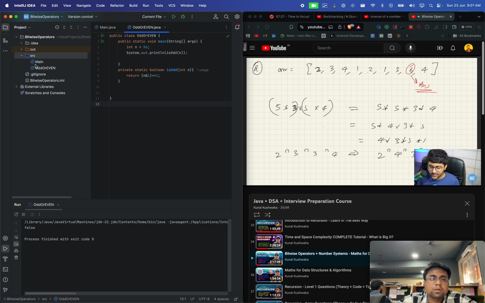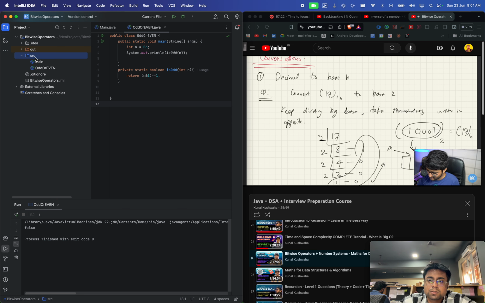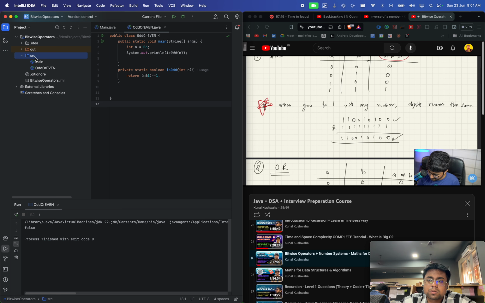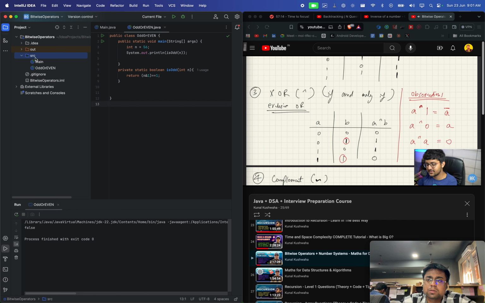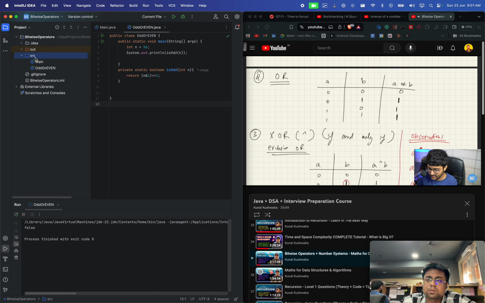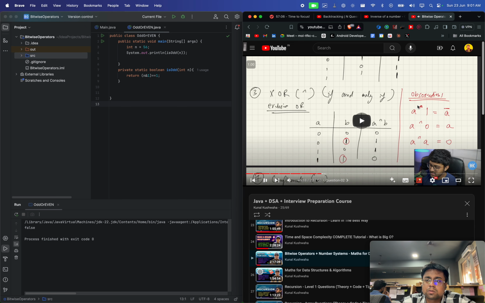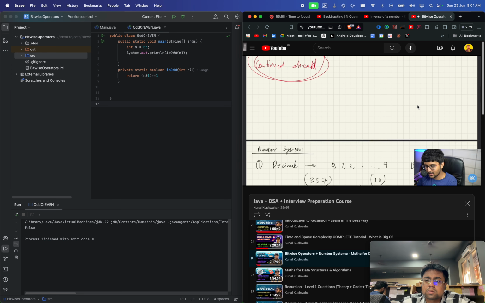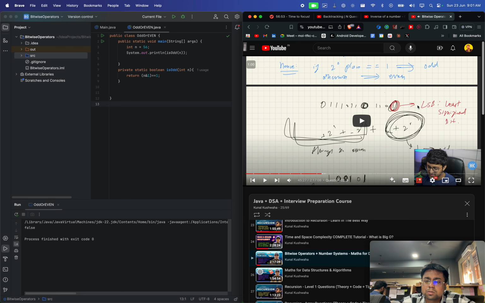So you know this particular point, the point I've written in red. All the important points I've written in red. This one: any number XOR with that number gives 0, and 0 XOR any number gives that number itself. Two points. So if I XOR